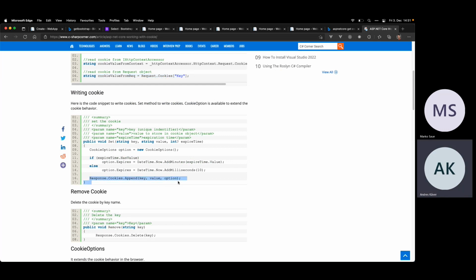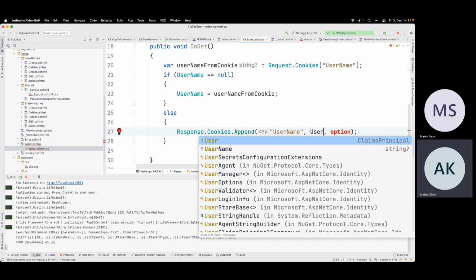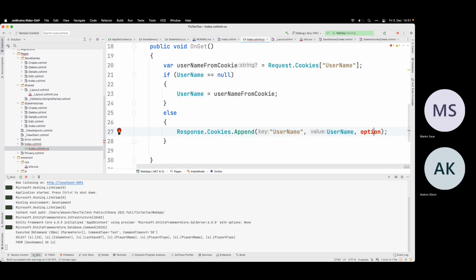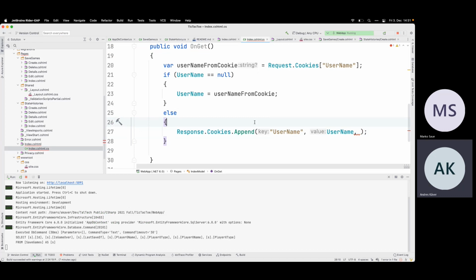So then it's response cookies append. So the key is the username. Value is whatever the username is. And then there are some kind of options. What are the options? New cookie options, and we need the expire.